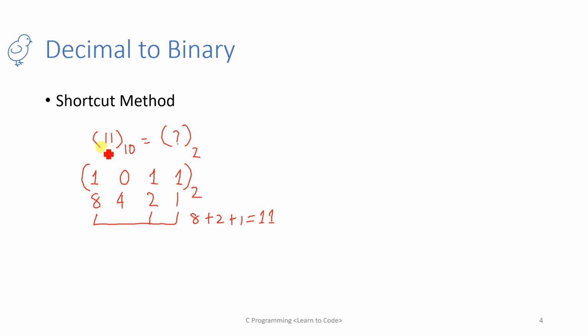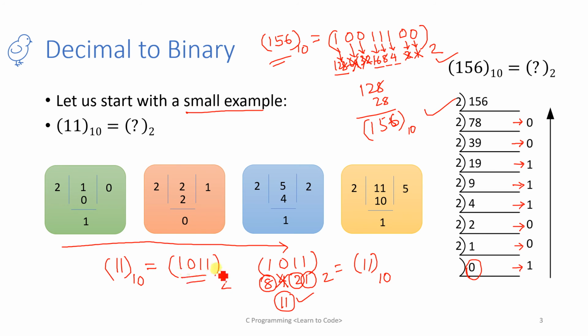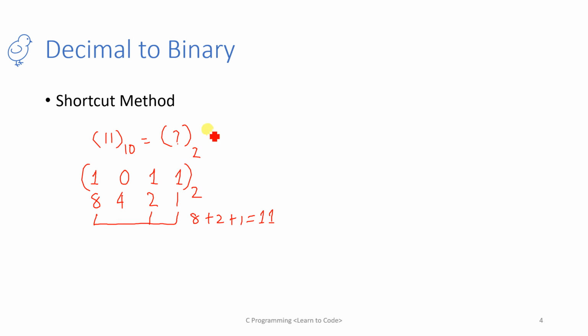Got it? So when a question comes like find the binary equivalent of decimal number 11, you can easily find it by your formula, that is 1011. So the answer is 1011. You can see in the previous slide the answer is 1011 by dividing it. It is a complicated process, but this formula gives you an easier process. Now let us take the same question, 156 of base 10, how much is it in binary.